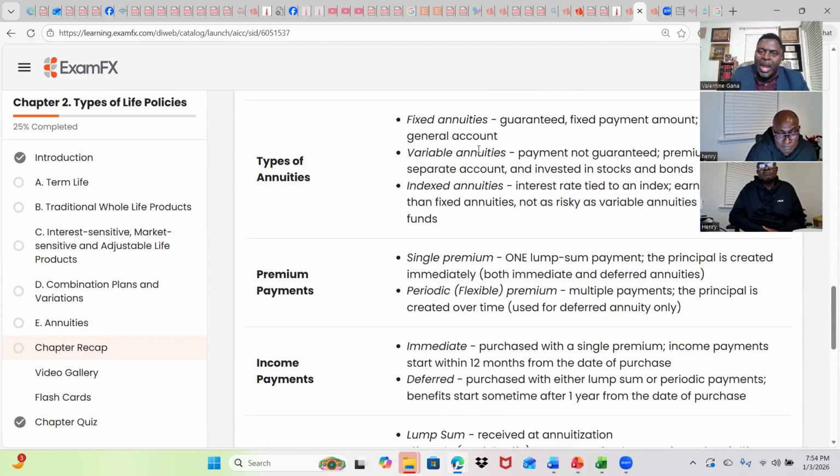Then we have the index annuity. Which means your money is not put in variable, it's put in an index. There's a guaranteed interest rate growth. It might be 8.75, but if the market does better than that 8.75, then they pay you an additional growth into your account. So that is the index feature.